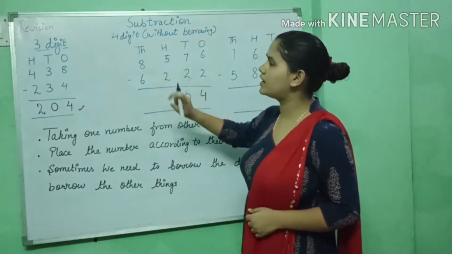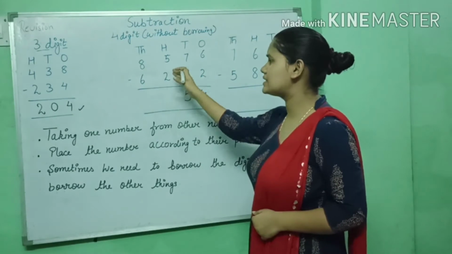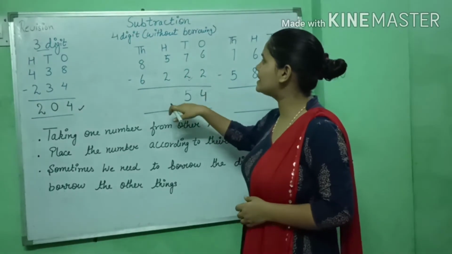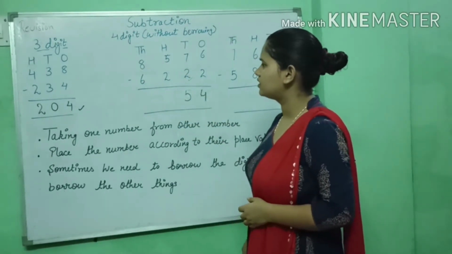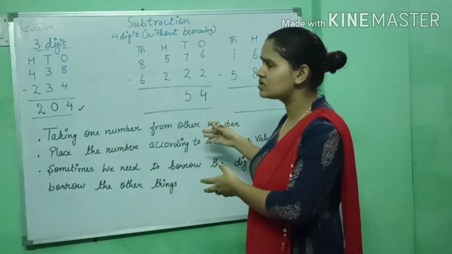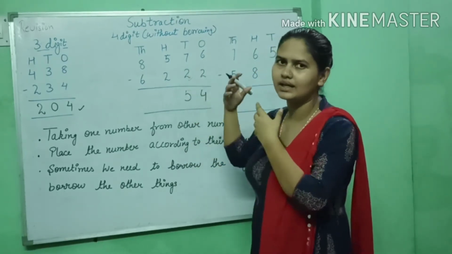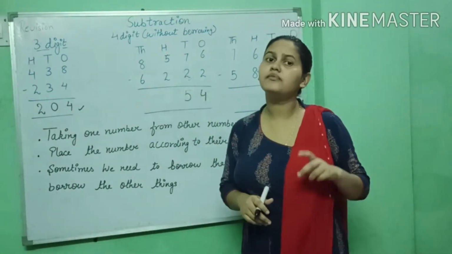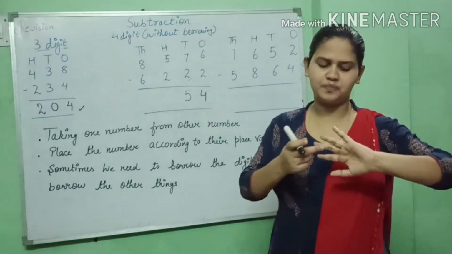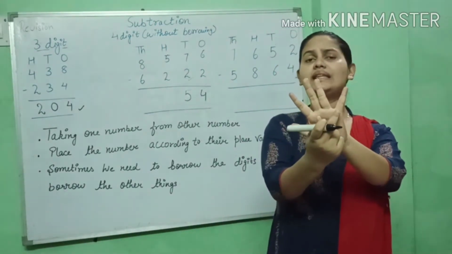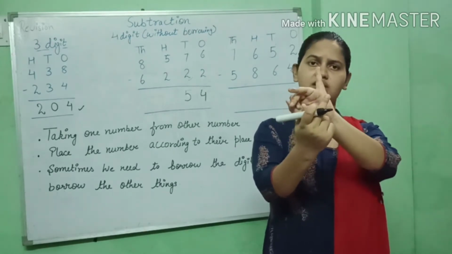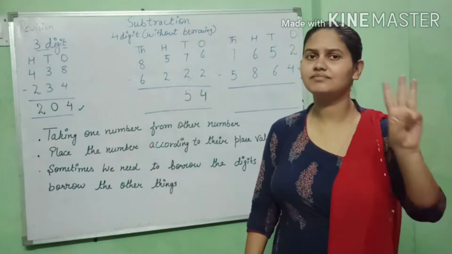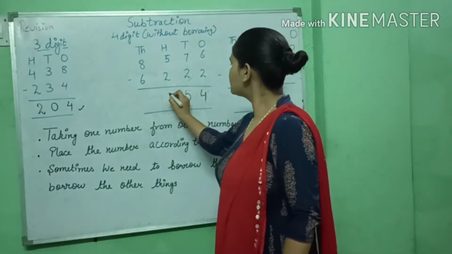Okay. So come to 100, because we have done the ones and tens. Now come to the 100 column. In this 100 column, what will we do? We will minus the 2 from 5. Here it is also 2: in the ones 2, in the tens 2, and in the 100, that is also 2. So let's minus it. When we minus 2 from 5, we will count after 2. You can see my points: 3, 4 and 5. How many digits are left? 3. So in this way there is 3.